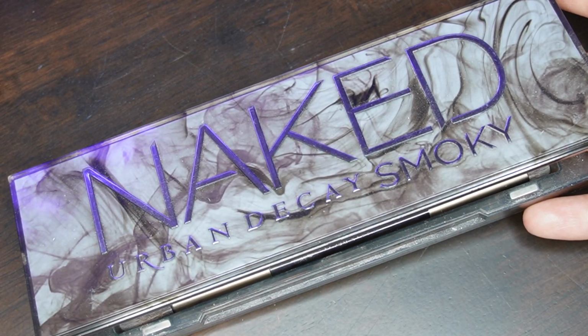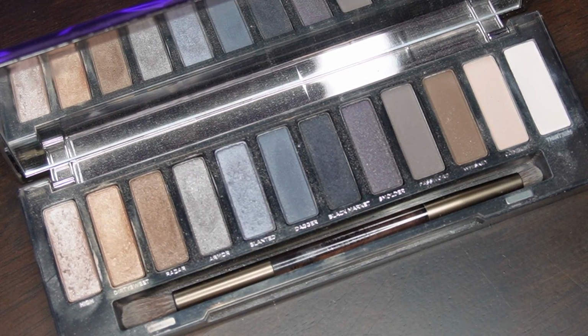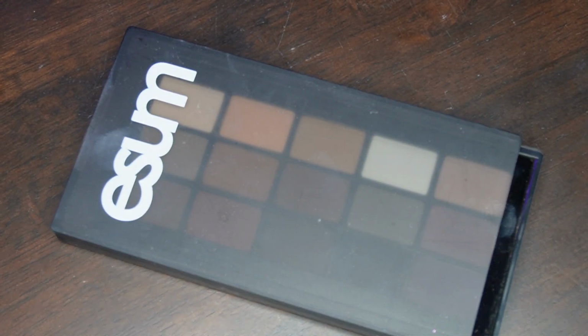Next up, this one is a tough one because I wanted this for so long. Look at the shades. Oh my goodness. I cannot. The shades, they're stunning. So beautiful. Literally like the Naked Smoky. It's the perfect name for this palette. This is what you're getting. Smoke. Okay, I gotta keep it. I gotta keep it. This next palette is Esum Cosmetics, and this one I'm gonna keep, and I will show